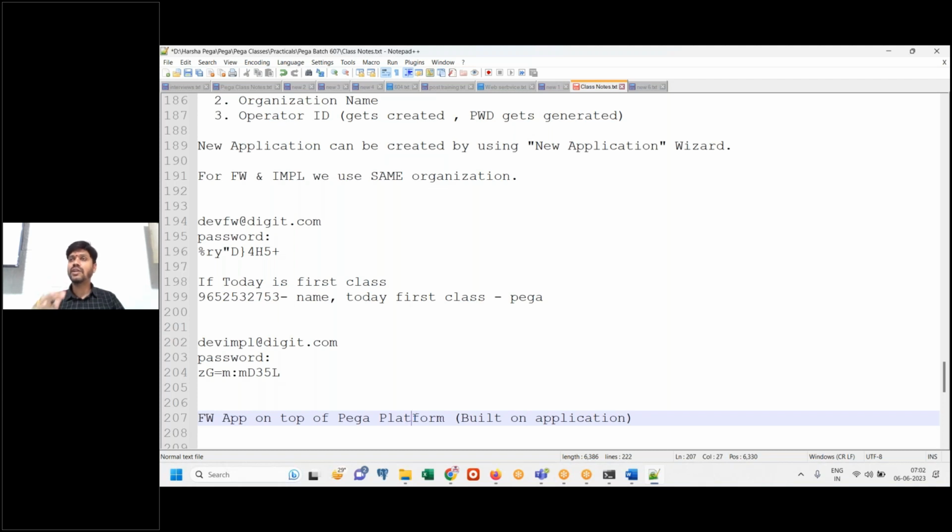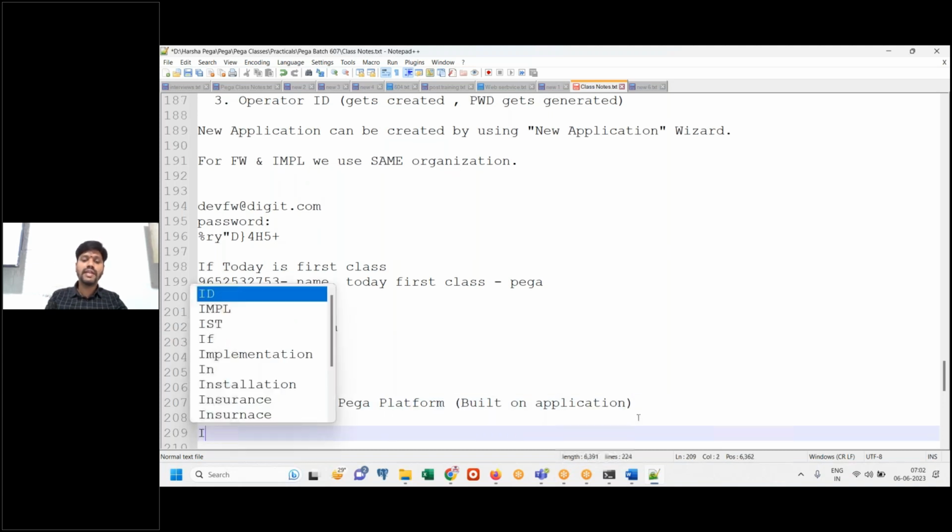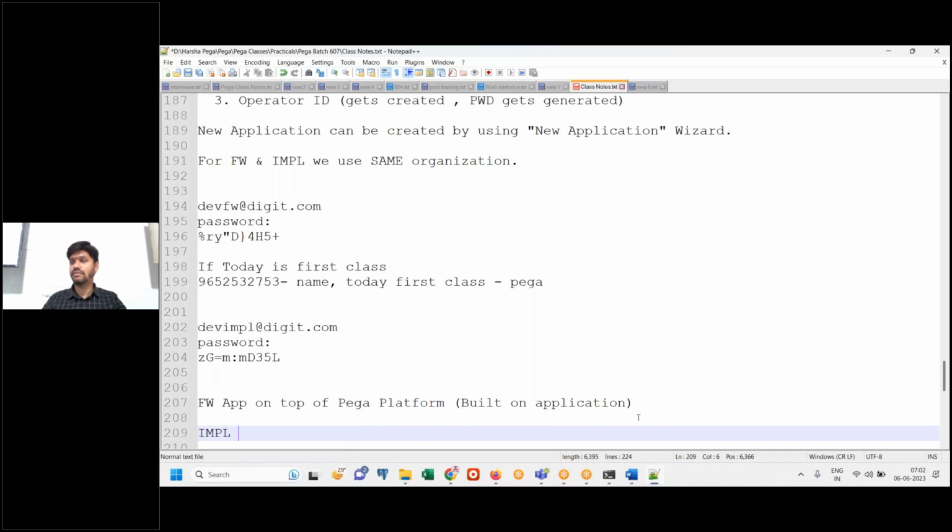So what is the built-on application for the framework application? Pega platform. Similarly, when we created the implementation application,